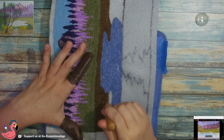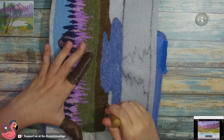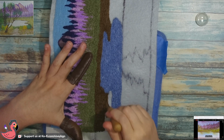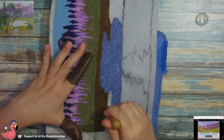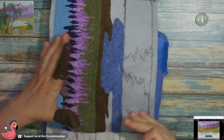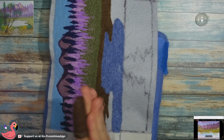Though I do think with the next Twitch payout we need to get a rotary cutter, if I can find one that can handle this thickness. Because these guys do get pretty thick, and this is already a thick bit of craft felt, so